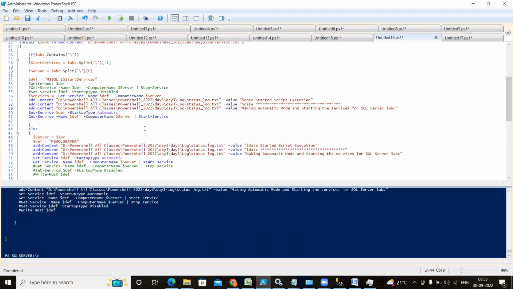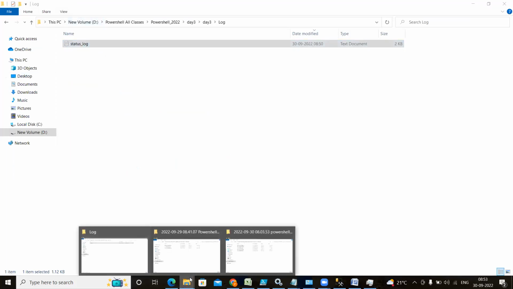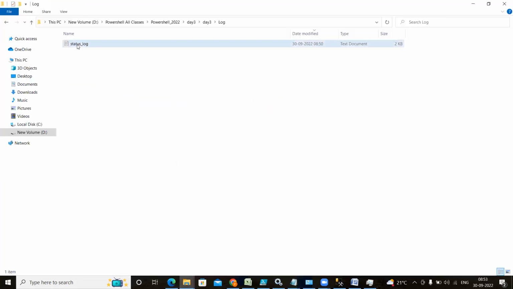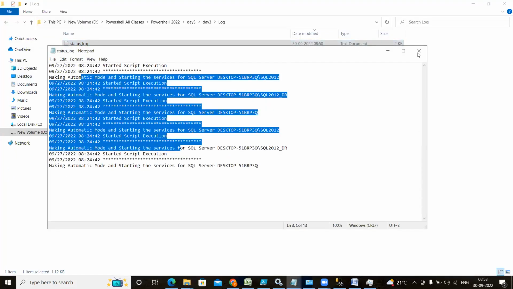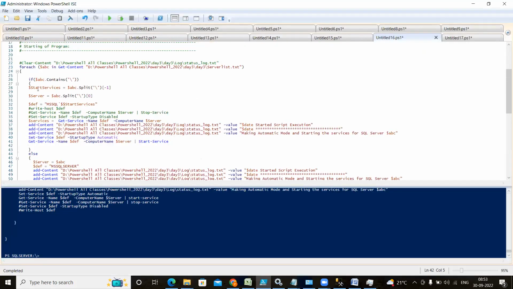The date format is fine. So for the older file, do we have to delete it or clear it? Yes, you can do both things. You can write the logic: delete the file, and if you have a file name of this type, delete the file and create a new file. That you can do. Or otherwise, you can clear all the data from this file, that also you will be able to perform. Correct or wrong? Yes. For that, there is something called Clear-Content